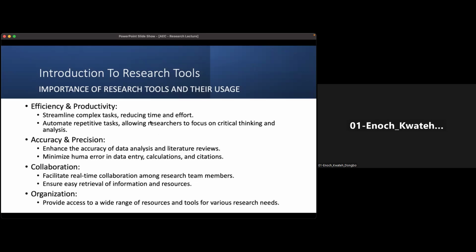Okay. So, when it comes to efficiency and productivity, using the right tools helps you streamline complex tasks and reduces time so that you can focus on major stuff. And as well, when it comes to accuracy and precision, when you are using the right tools, for